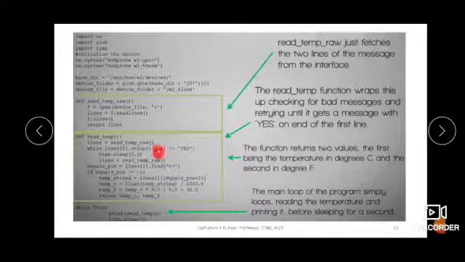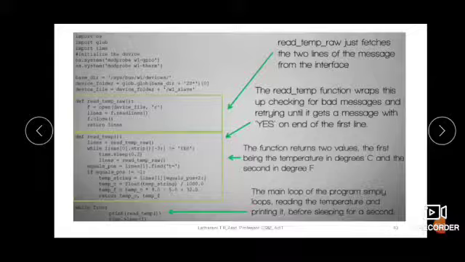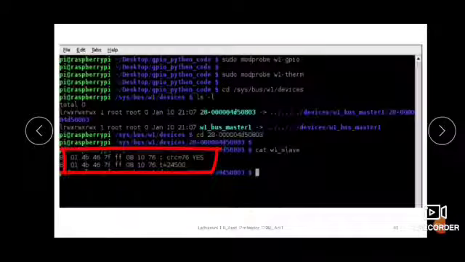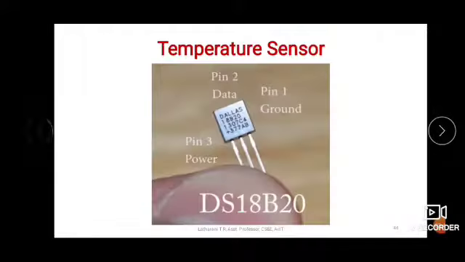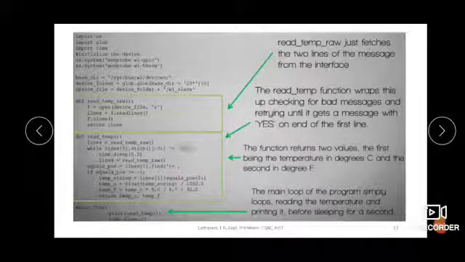So here it is checking whether the last 3 characters are yes or not. As we discussed, the last 3 characters are yes in the first line, you can see. So lines[0], the first line, last 3 characters are yes.